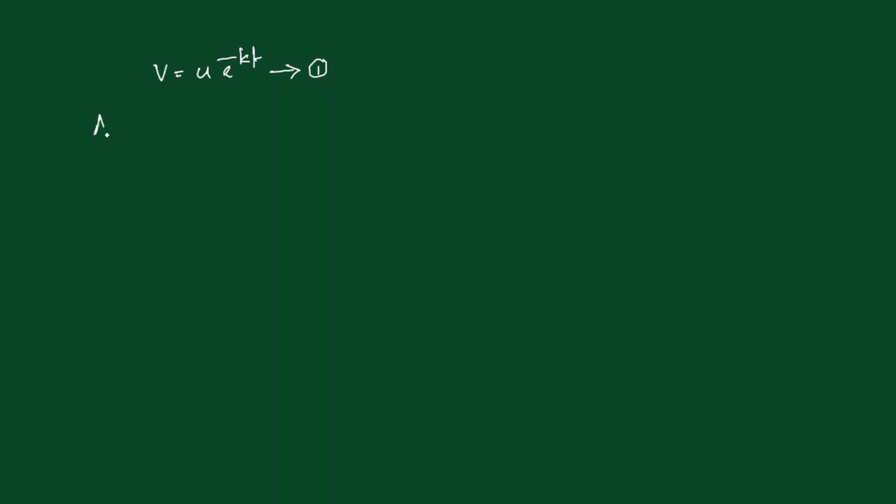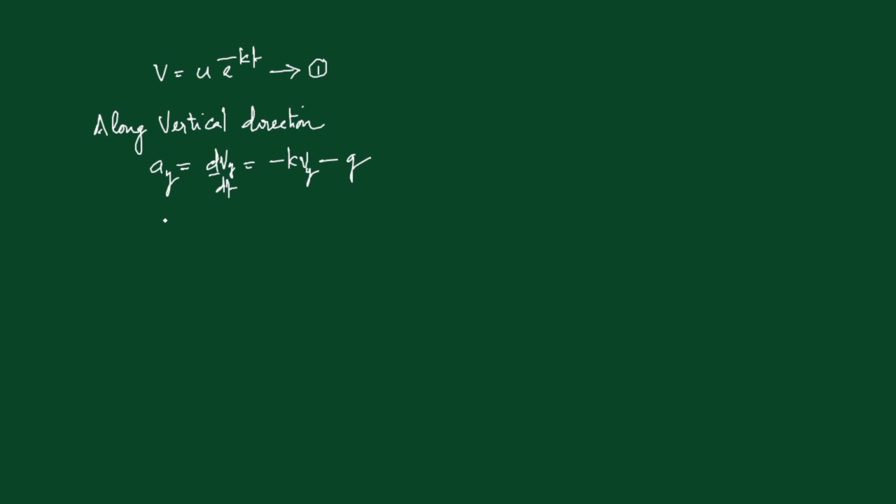Now consider motion along the vertical direction. Along the vertical direction, acceleration is ay, and ay is equal to dvy by dt. We know that along the vertical direction there are two accelerations: one is due to gravity g, and the other is due to the frictional force, that is minus kvy. So the net acceleration is minus kvy minus g.